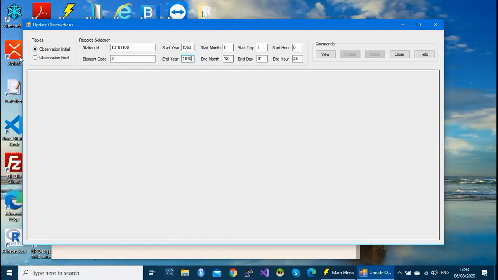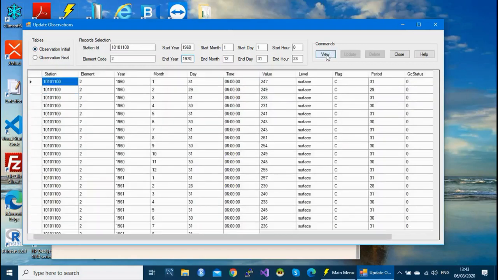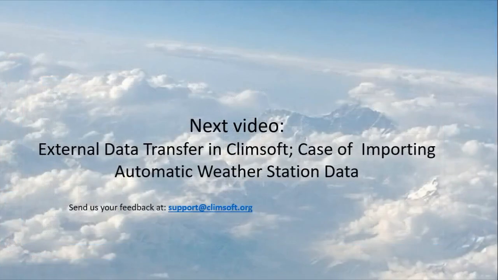And my data is in this tab, observation initial. If I view, you see my data were imported successfully. You can go down, as you can see, all the years are there. All the months are here. My data were saved under these dates because they are monthly data. Thank you very much for watching.